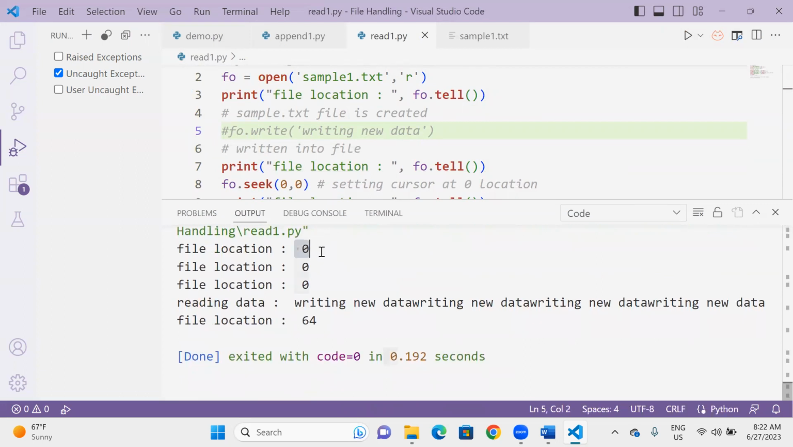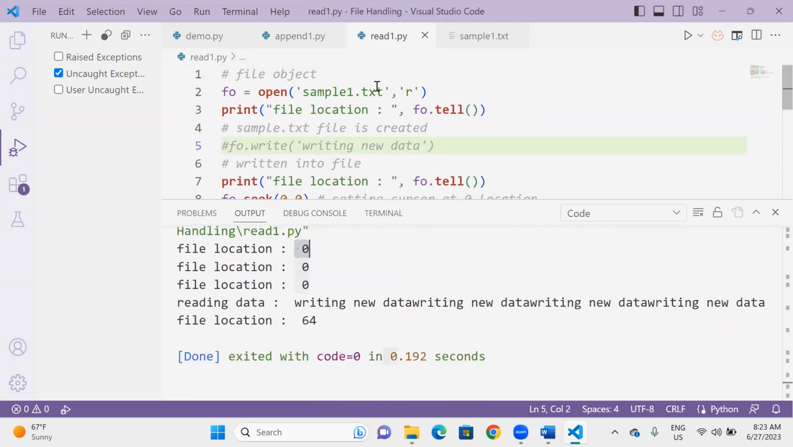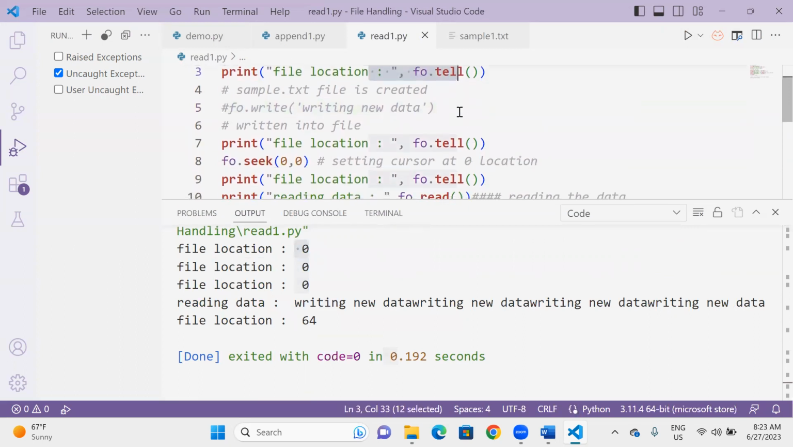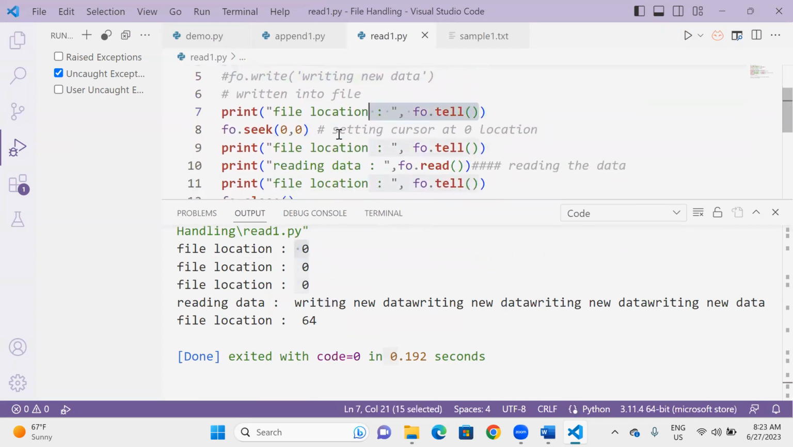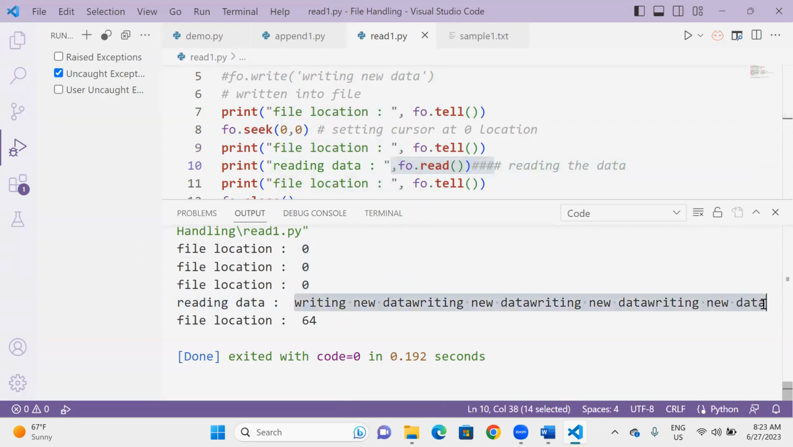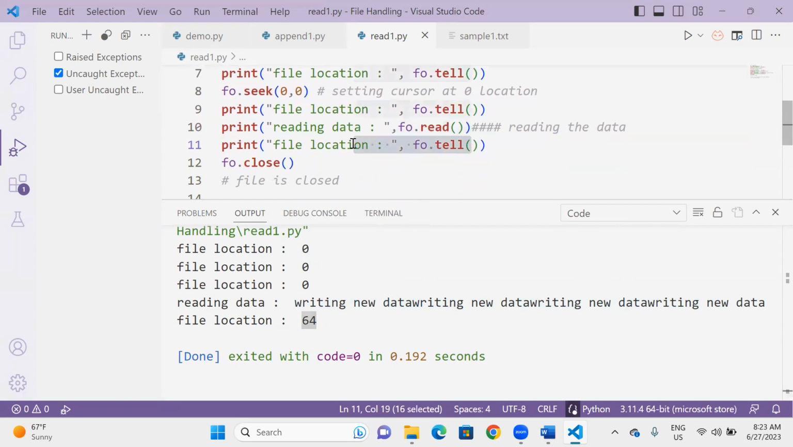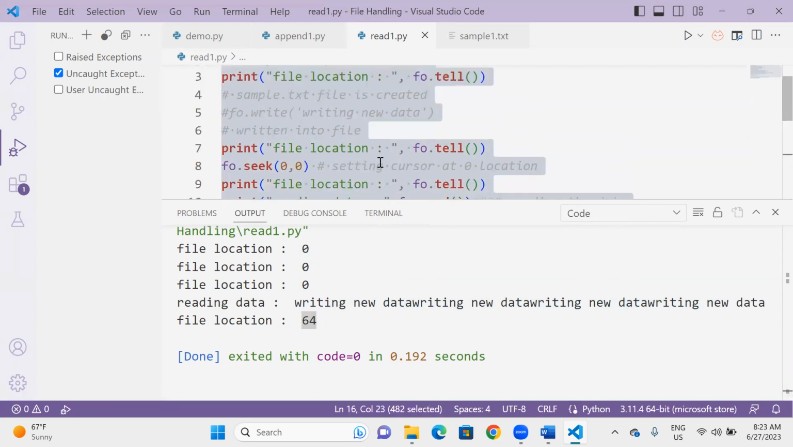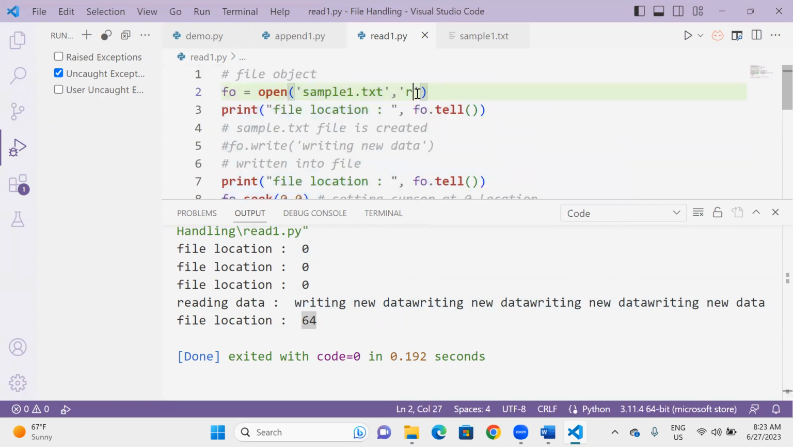See, you're reading location 0. Initially, when you open the file in R mode, it is the initial location. And again you're telling the location, and again you're setting the position at 0. So three times we get 0, 0, 0. But you read the entire data. There are 64 characters in my previous file, so all 64 characters are read and printed. Right. And meanwhile, if I use R plus,